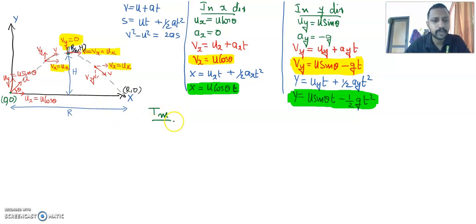Then let's find out the expression for time of maximum height. For that, what is time of maximum height? It is the time taken by the projectile to reach its maximum value. I can see from this diagram the y value of this particular point, it